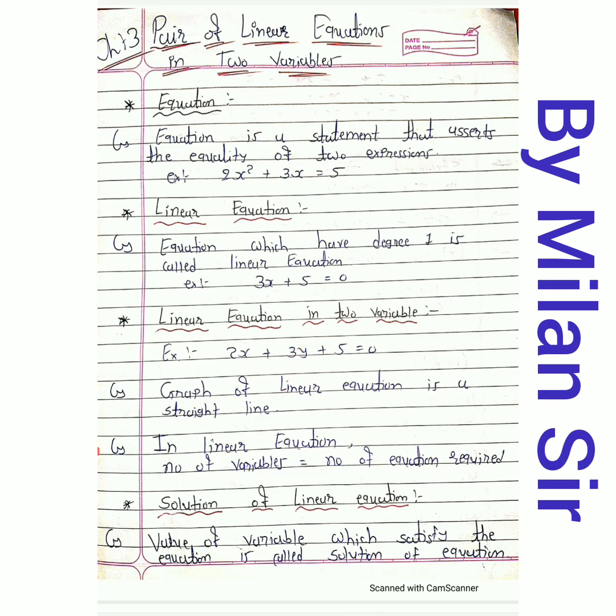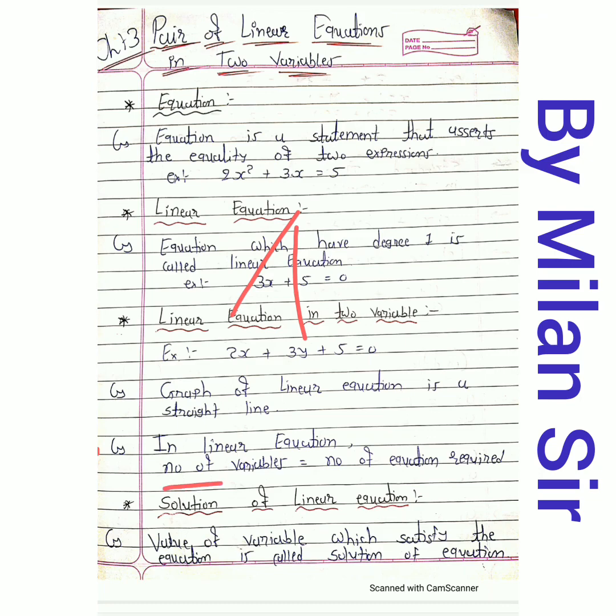That means if we have one equation here, 2x plus 3y plus 5 equals 0, two variables are present, x and y. So here we need two linear equations to find the exact value of x and y, because more than one value is possible for x and y. Finding one fixed value means the solution of the linear equation.